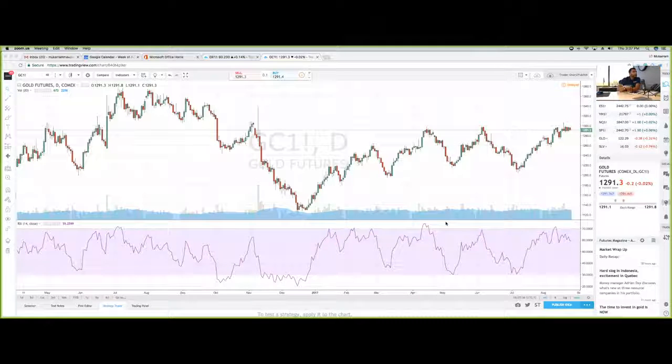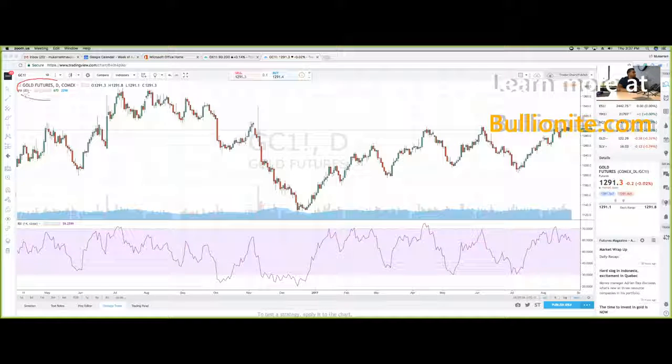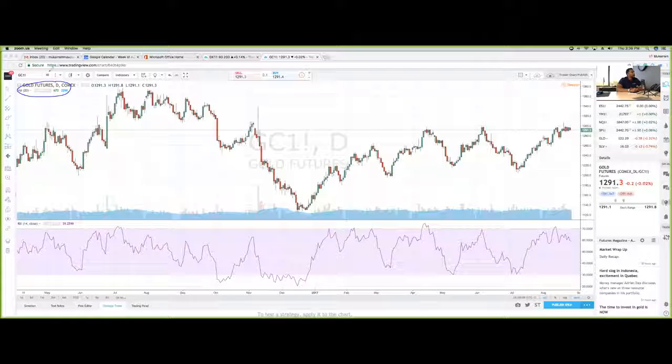Okay, so you should be able to see my screen and the charts that we're looking at. Bear with me as I'm moving these tools around. Right now you're looking at the gold market, as you can see right here. I'm going to change the color of my pencil so that things are clearer. There you go. So this is the gold market, and I'm looking at a daily chart. Now again, for people who are joining in who may not have seen the other videos I've done, whenever I'm looking at the chart, usually I'll